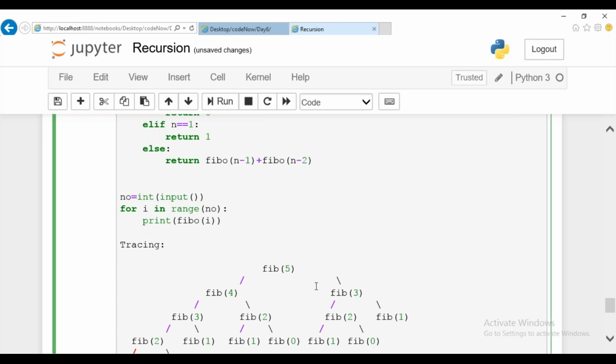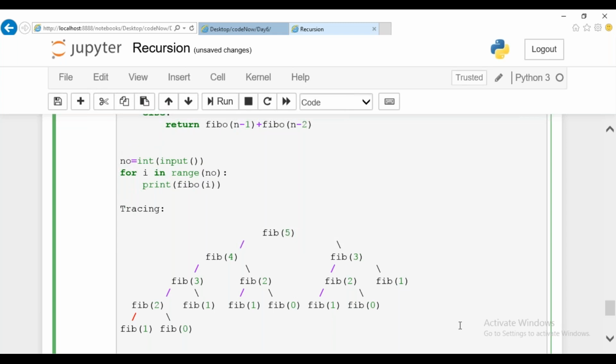Is this clear, guys? Come on. Answer me. You want to trace in the normal stack method also? If required, just let me know. Guys, respond something.